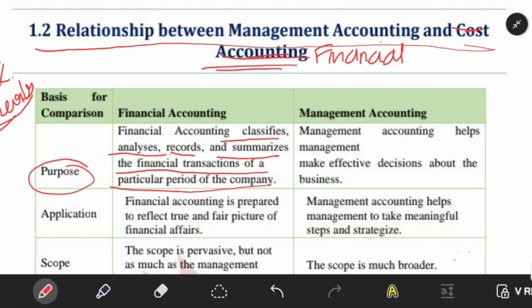Okay, whereas management accounting, on the other hand, is done to help the management. Management accounting helps the management to make effective decisions about the business. So management accounting is done to help the management to take decisions. So it uses data from where? It uses data from financial accounting, cost accounting, budgets, etc. to help with planning, control and strategy. So management accounting is meant only for internal use by the company's managers. Okay, next is